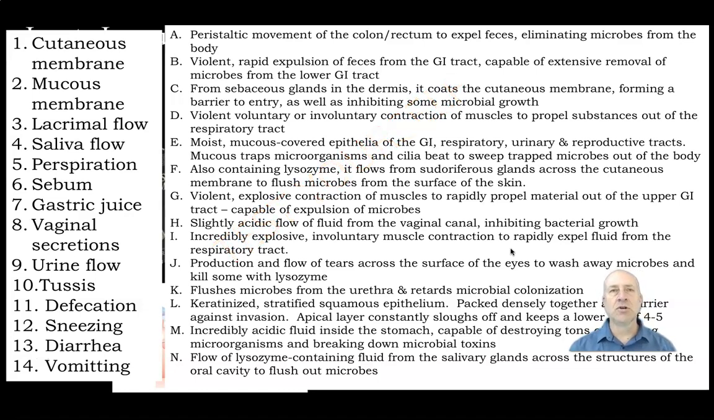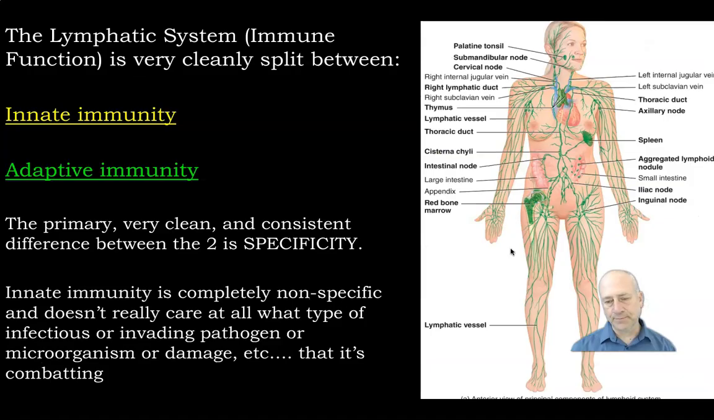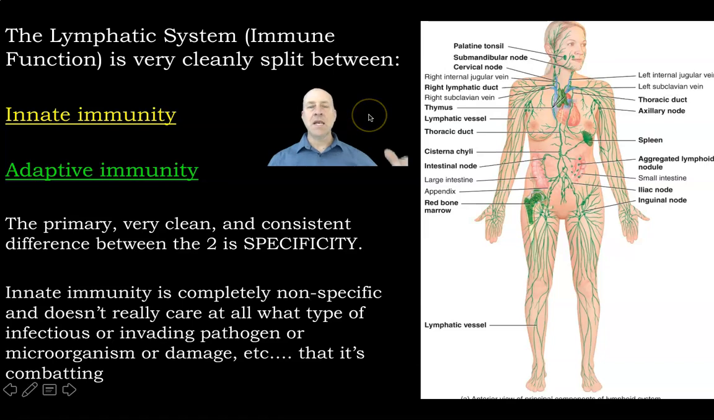And then in terms of your molecular and cellular response of innate immunity, we'll talk about the 10 things on the left, and we'll match them up to the 10 things on the right. So these are now molecules that you use to defend yourself and cells that you use to defend yourself innately. And the human lymphatic system with immune function is very cleanly split between two things: innate immunity and